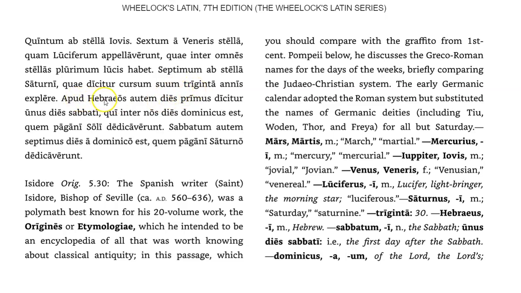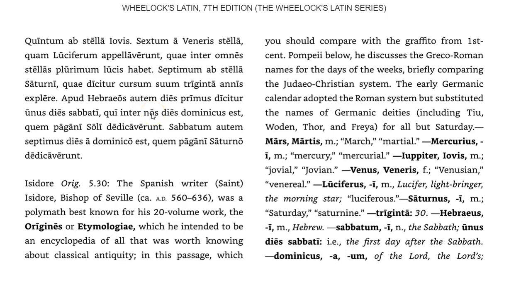Among the Hebrews, going back to the Old Testament, but among the Hebrews, so autem means but, the first day is called the Sabbath day. So, but among the Hebrews, the first day is called literally the day of Sabbath. The day of Sabbath is called the Sabbath day, which among us, in other words, among us Christians, in contrast to the Old Testament,